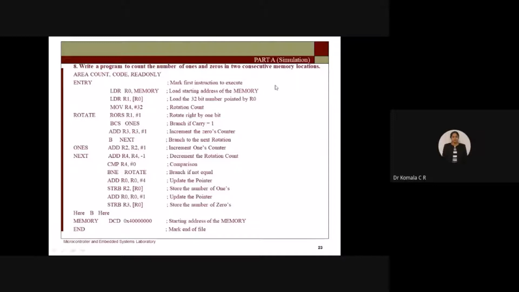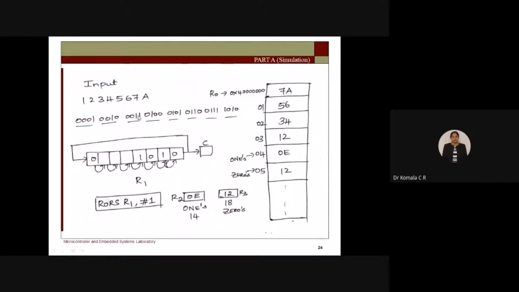First I'll explain the concept, then I will come back to the code. So this is the concept given. I'll take some 32-bit number. A 32-bit number means you have to go for binary, right? You have to check whether the given bit is 1 or 0. To check that, you need to take it in the binary form, right?